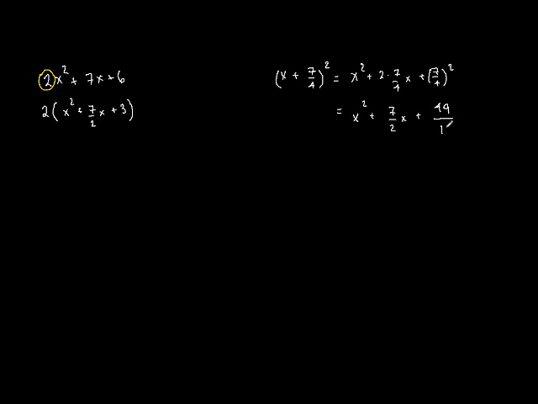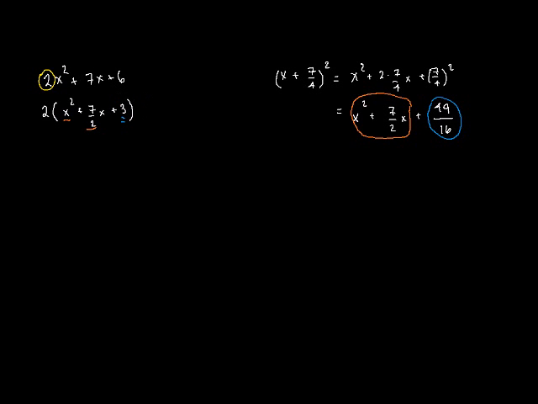49 over 16. Now I notice that the x squared plus 7 over 2x resembles what we have over here. That's perfect. I like that. But there's an extra term, the plus 49 over 16, which does not match with my plus 3 on the left-hand side. So what I need to do to make my x plus 7 over 4 squared equal to what's over there is, first of all, subtract this extra 49 over 16